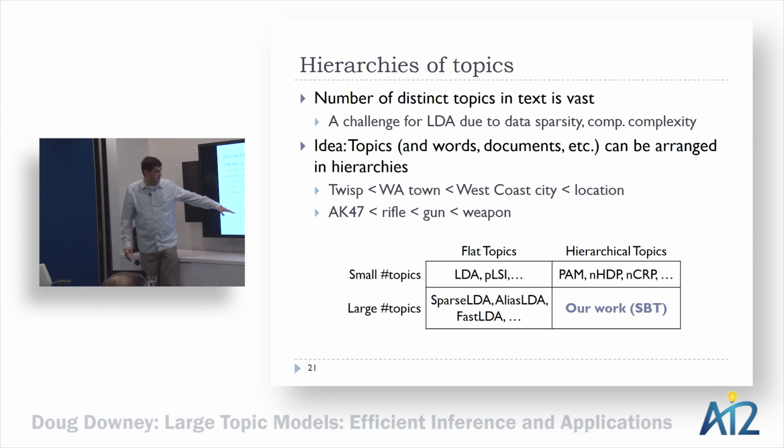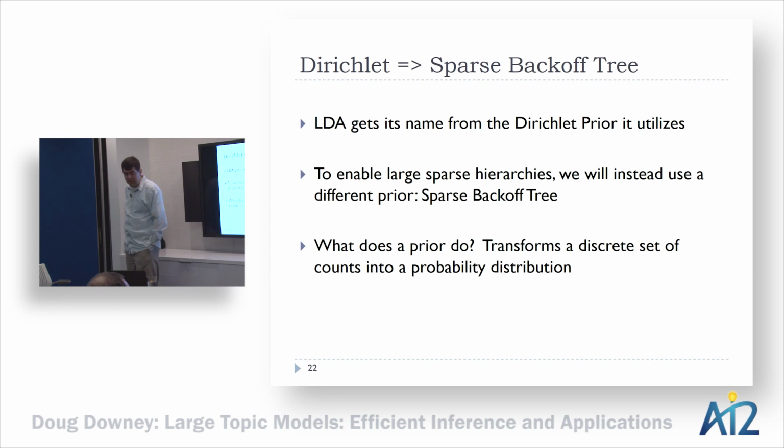So where our work falls is in trying to use hierarchical organizations of topics to overcome the data sparsity issue, of which there are several existing variants, but these ones don't scale to large sets of topics. So as the number of topics gets large, these existing hierarchical topic models, which have been proposed recently, tend to slow down too much to be applied to large-scale corpora. So our work falls into this area where we can use a large number of topics, like are actually expressed in large corpora, and we can overcome data sparsity by using hierarchies.